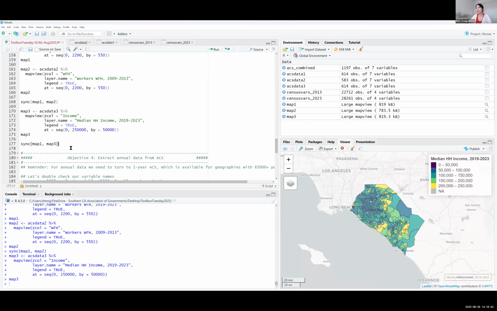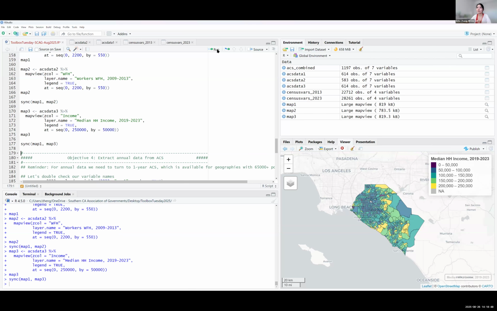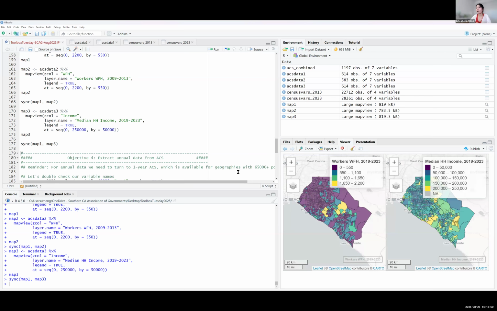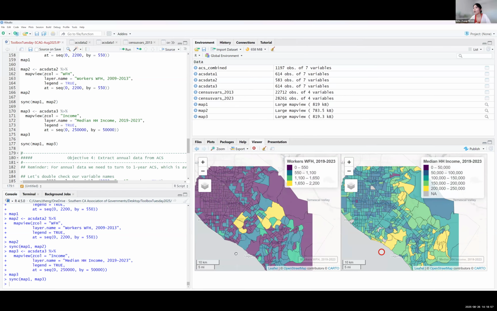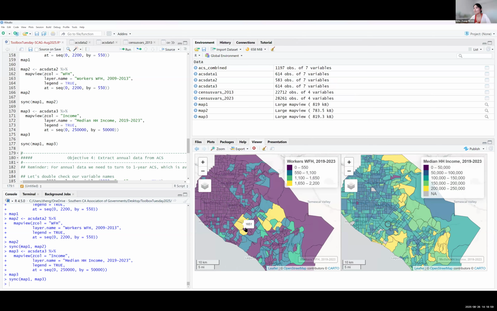Again, it will be helpful to put this work from home distribution and income distribution side by side. And you can see that the relationship is not necessarily linear, right? You have these moderate income areas that have a very high number of remote workers, and you also have these high income areas where the number of remote workers are still pretty much unchanged from 10 years ago.